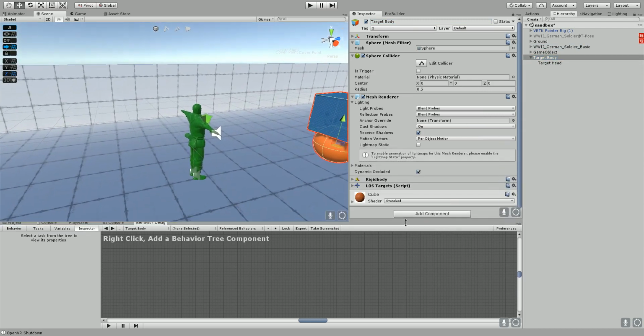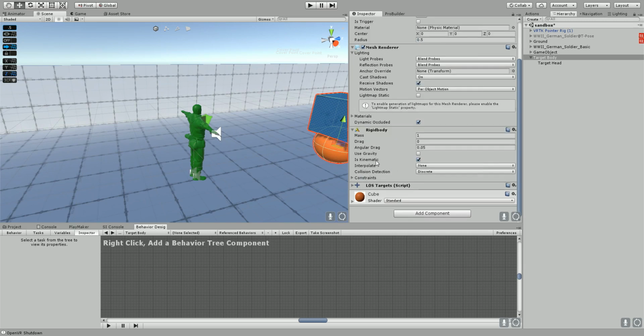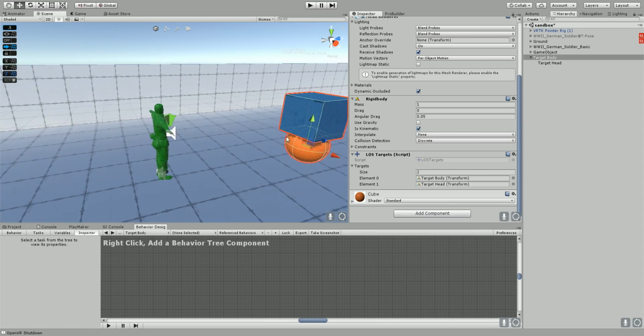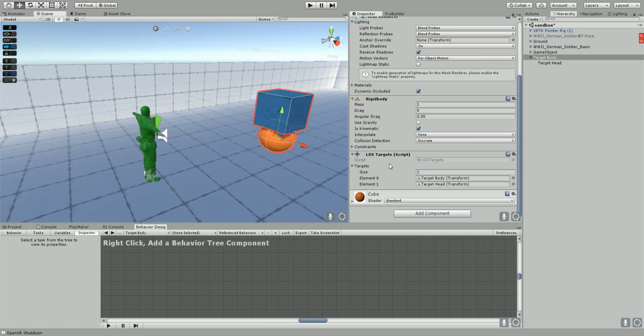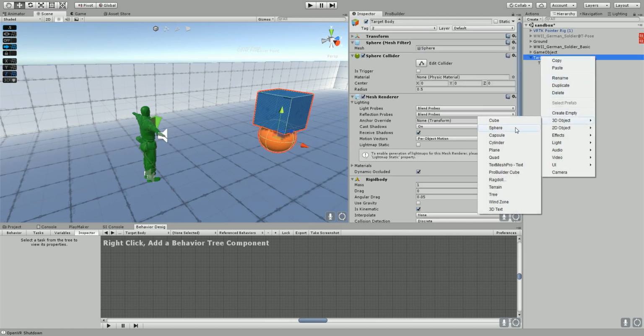And so to get this to work the way I want it to, I'm going to add a rigidbody to it. So add a rigidbody to any of your targets, and I'm going to set it to Is Kinematic. I have also set up the LOS Target script, so you just go Add Component, type LOS, and choose LOS Targets. Now here is where you're going to set your targets, and I've got it set to 2 elements, so I'm going to drag in the body and the head, and maybe my character had, I don't know, maybe one arm, so I can create another object